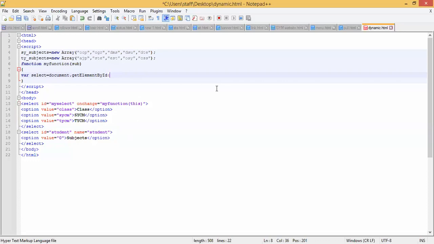In that we'll be passing the ID of student.